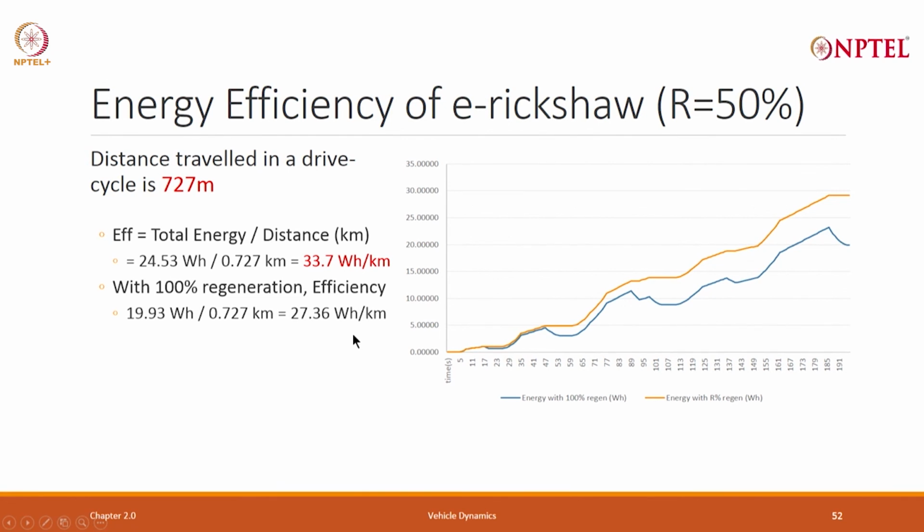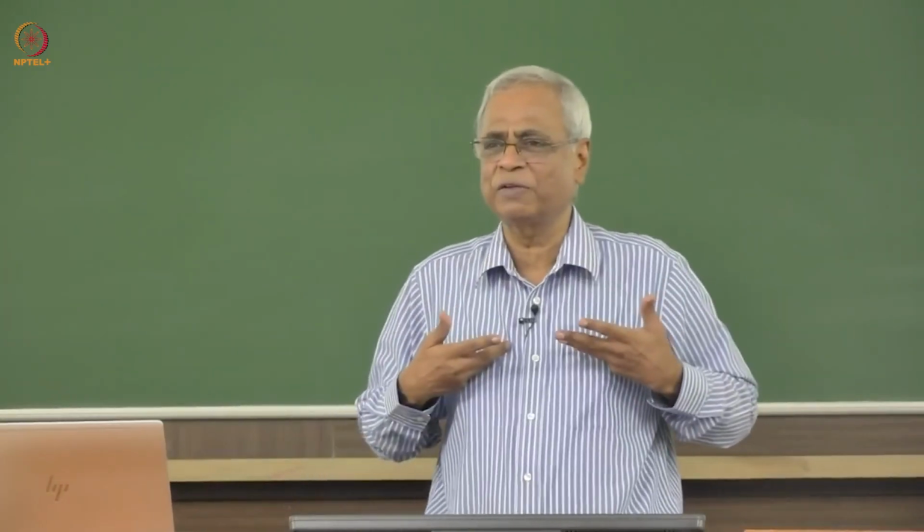Energy efficiency is 27 with 100% regeneration efficiency, 33 with 50% regeneration efficiency, and without regeneration it is 40. This is what an e-rickshaw consumes. Remember, it is a slow moving vehicle. So, in some sense it is different, it is a slow moving vehicle, and that is what happens. Any questions? So, I have done it for two wheelers, I have done it for e-rickshaw, I have done it for auto. Let us do it for the vehicle that I drive,